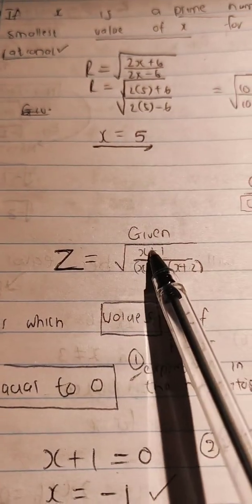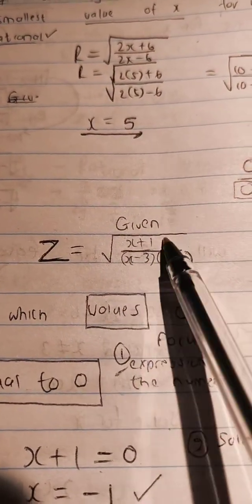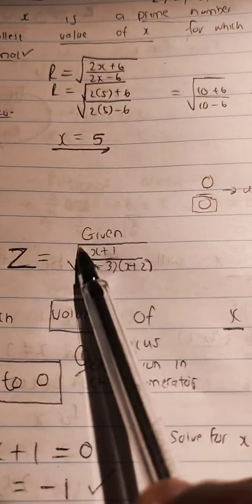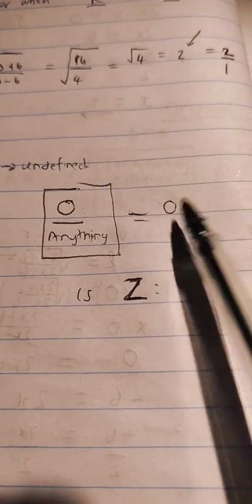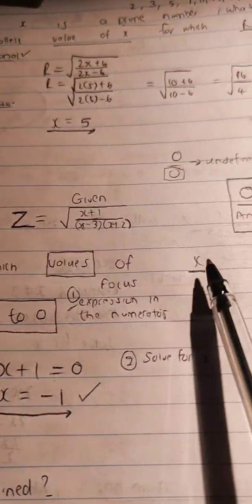So once again, our focus here, what do you see in the numerator? Okay, in the numerator we should have 0, because if there is a 0 in the numerator divided by anything, we get 0. Are we together? And the question here is saying for which values of x is z